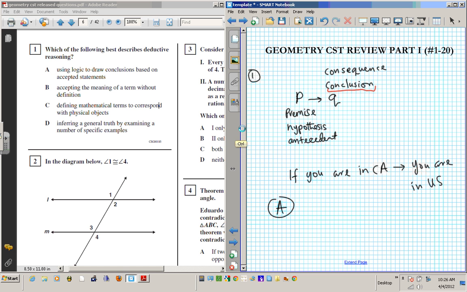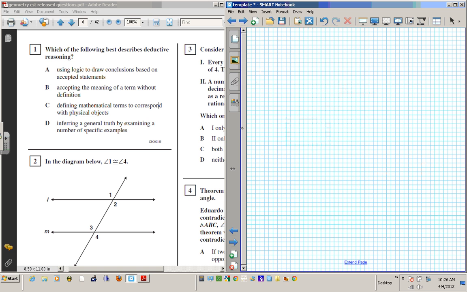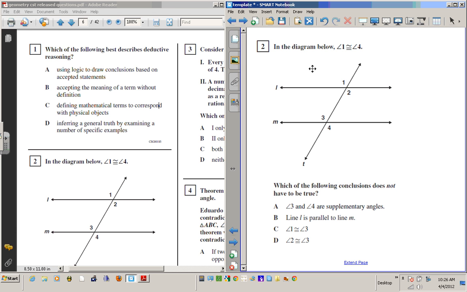All right, let's move on to number 2. It says in the diagram below, angle 1 is congruent to angle 4. Which of the following conclusions does not have to be true? If angle 1 is congruent to angle 4, you have a situation where these two lines must be parallel. You have two parallel lines cut by a transversal. Okay? Anytime you have two parallel lines cut by a transversal, when the angles look